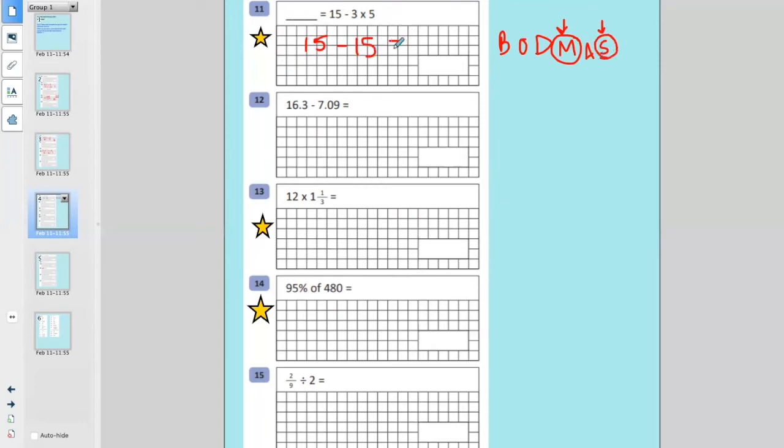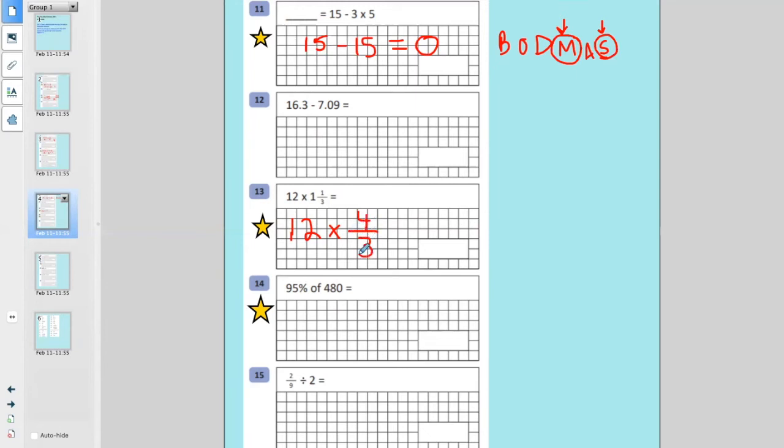15 take away 15 gives us 0. Brilliant. So let's look at question 13. We've got 12 times 1 1/3. So let's convert our mixed number into an improper fraction. So 12 times, and to change 1 1/3 into an improper fraction, we do 1 times 3 is 3 plus our numerator, which is 1, and that gives us our new numerator of